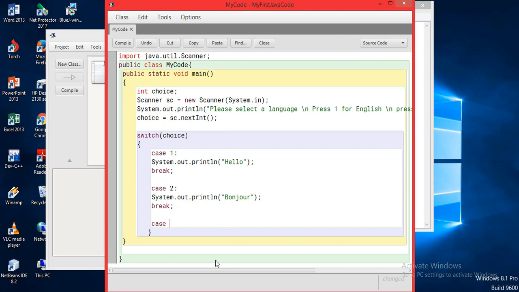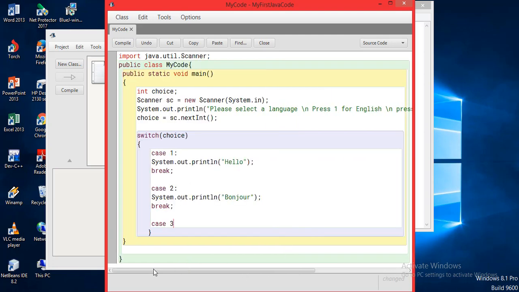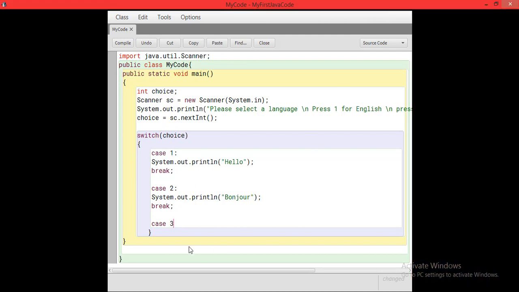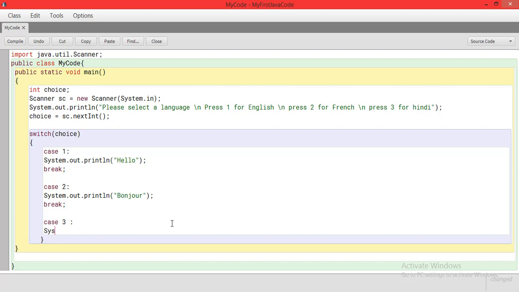The third case was Hindi case. So if I go and I check, press 3 for Hindi, so we will go and choose a case 3. I will say System.out.println namaste for Hindi, right?